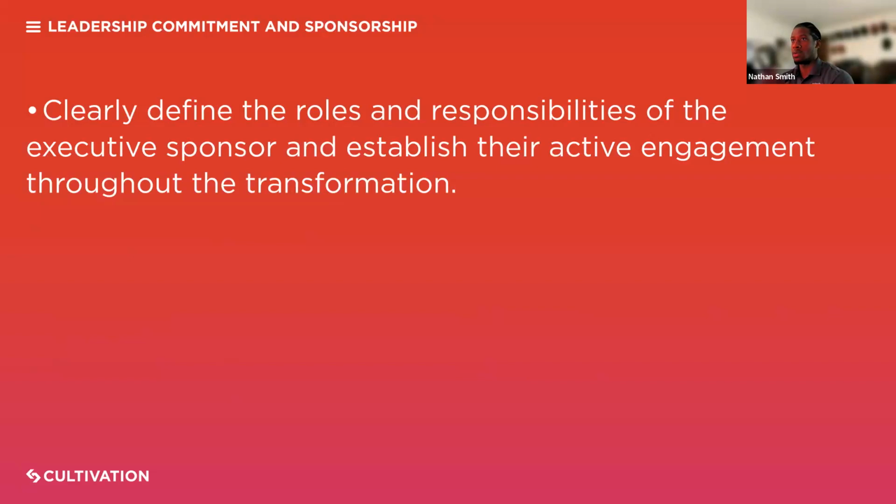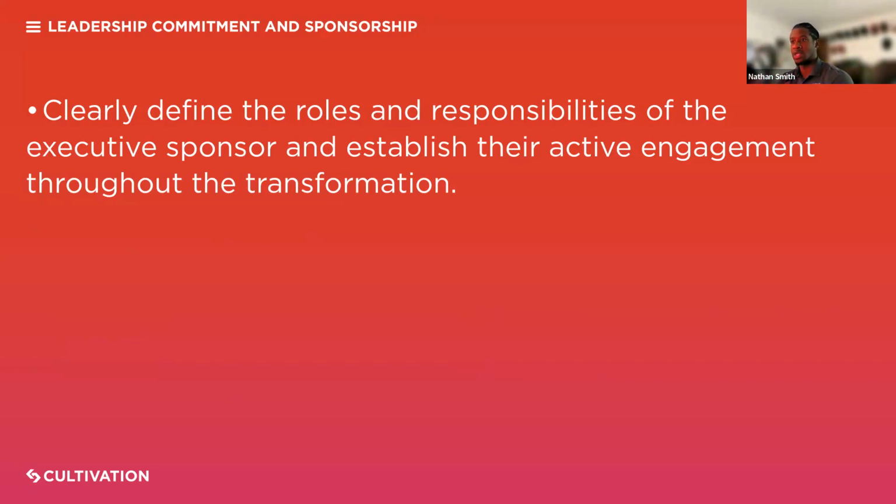Now, leadership commitment and sponsorship is truly one of the most important parts of the digital transformation process. Given that this is going to be an organization-wide effort, you clearly have to define the roles and responsibilities of the executive sponsor and establish their engagement throughout the whole entire transformation from beginning to end.